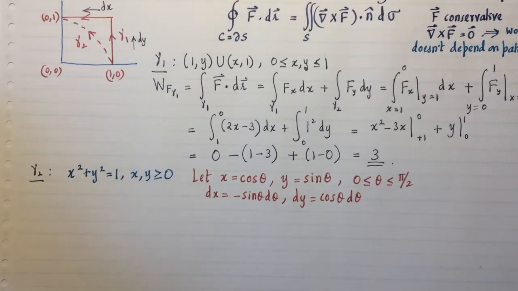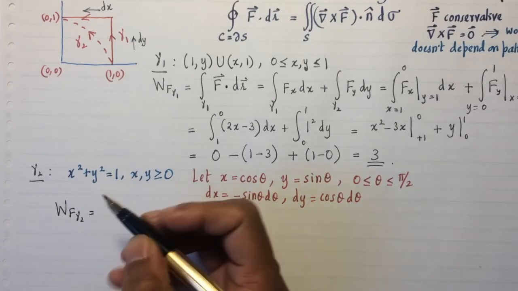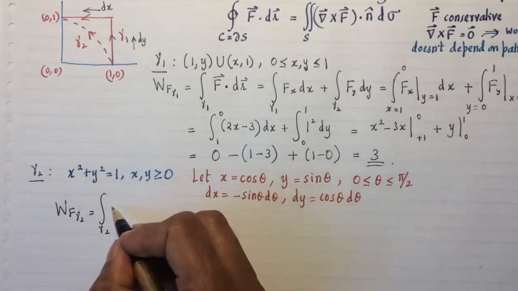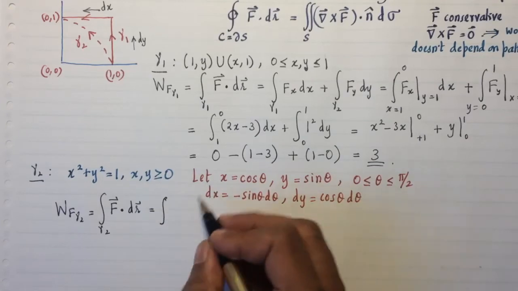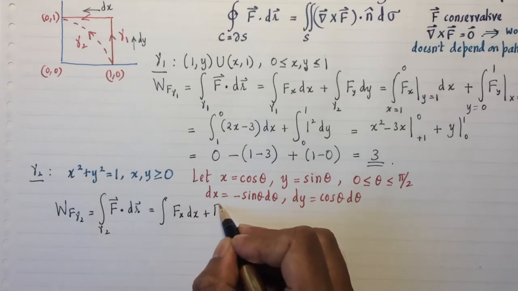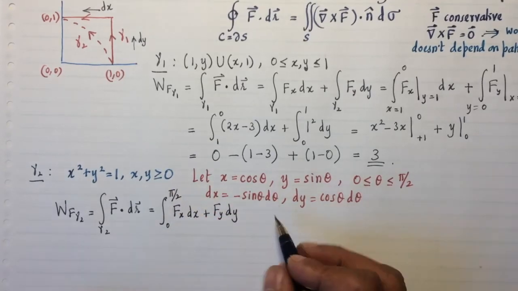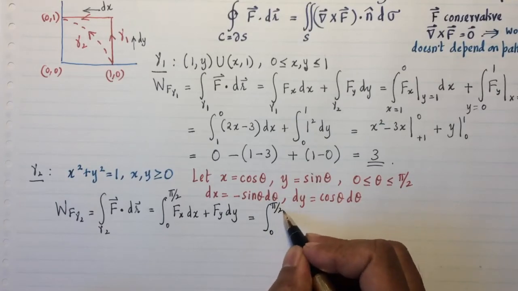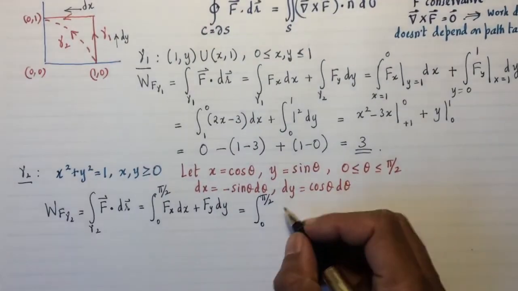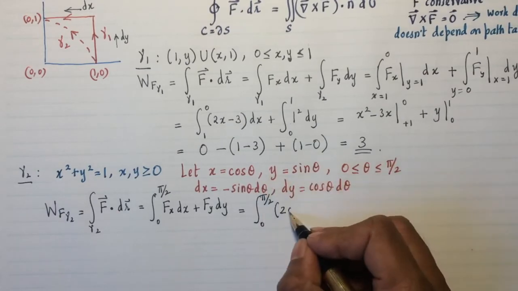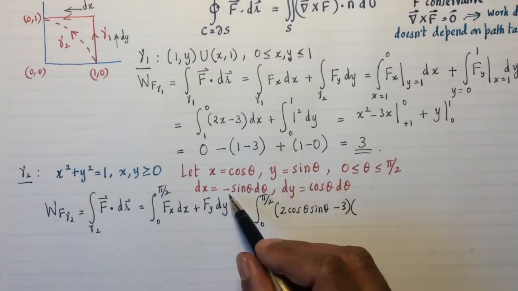And the work done by the force along the path gamma 2 is the same thing as before. It's the integral over gamma 2 of f dot dr. So you're going to get again the integral of Fx dx plus Fy dy, except now we have to put everything in terms of theta. So let's do that. 0 to pi by 2. Fx is this function here, 2xy minus 3. So that's 2 times x, which is cosine theta, times y, which is sine theta, minus 3, times dx, which is negative sine theta d theta,